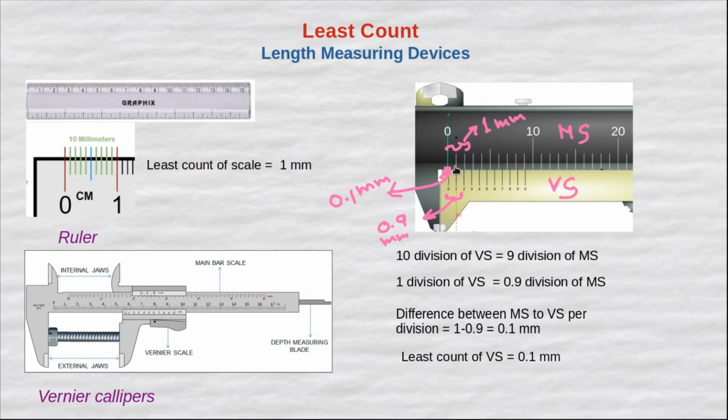So if you match this first gap of the vernier scale to the first line of this main scale, then the shift of this 0 of vernier scale to the 0 of main scale is 0.1 mm. So if any sheet 0.1 mm thin is there, you can put it in between the jaws. So what is the minimum accurate dimension we can measure? That is 0.1 mm, which is nothing but the least count of vernier calipers.